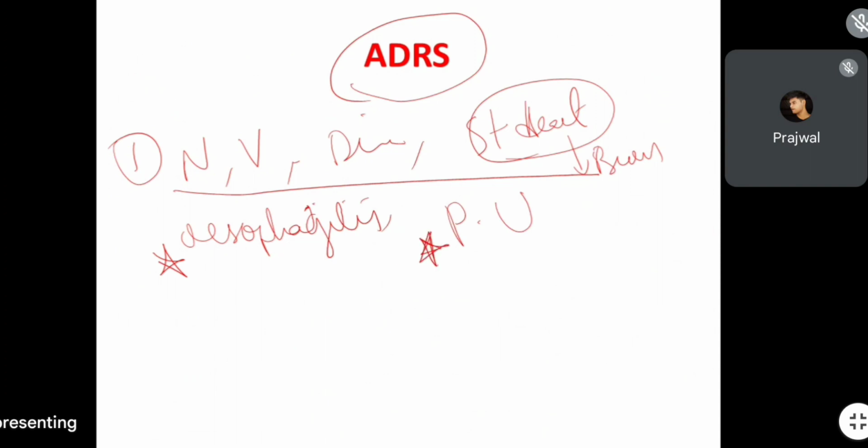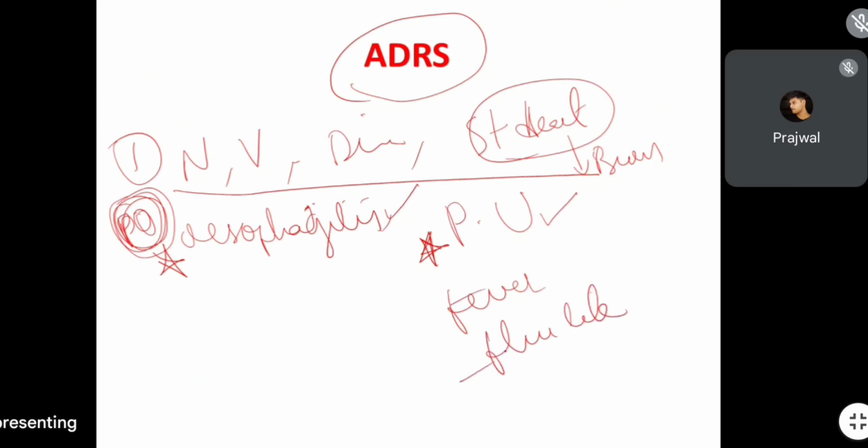If anybody is taking bisphosphonates through the oral route, it causes esophagitis and it aggravates peptic ulcer, or causes peptic ulceration. Sometimes it causes fever also. It causes flu-like symptoms also. But these are secondary: fever, flu-like symptoms, heartburn, diarrhea, nausea, vomiting. These are all okay, but the very important one is that it causes esophagitis. Esophagitis and peptic ulcer, both